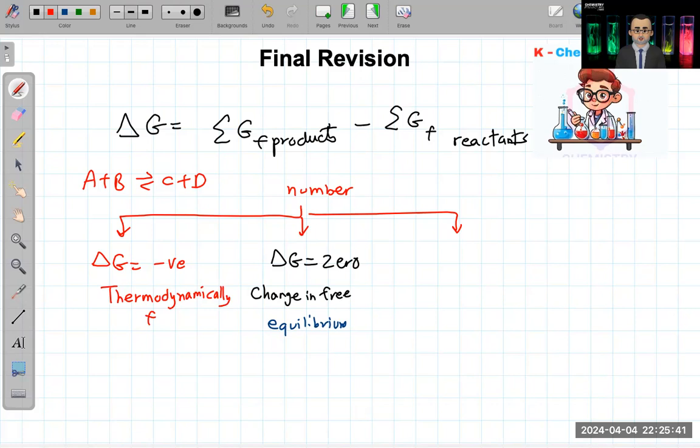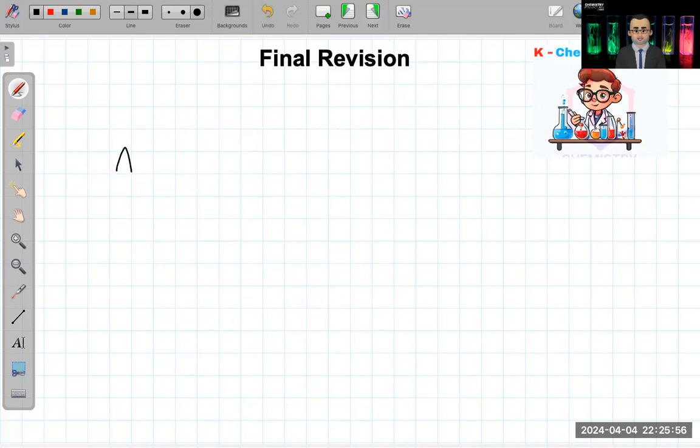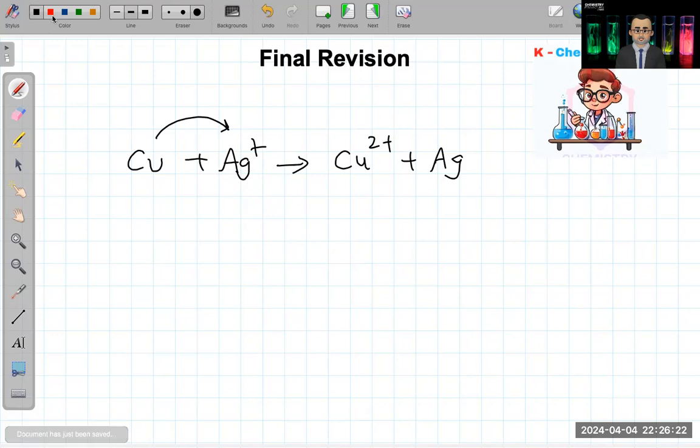Thermodynamically favored, or in the exam he might also tell me this is a spontaneous reaction, which means that it's going to happen. So which reaction do you think will happen by itself without me interfering? Do you remember when we used to say in chemistry, Cu reacts with Ag+ to form Cu2+ and Ag? Copper is more active, so this is going to kick silver out of the compound. We used to say this reaction is spontaneous.